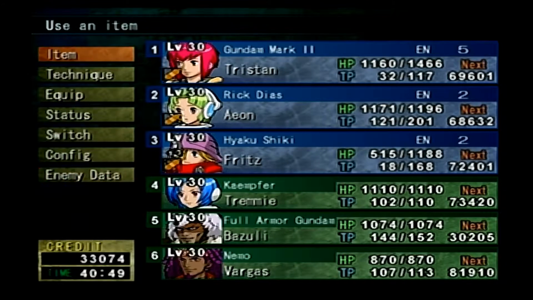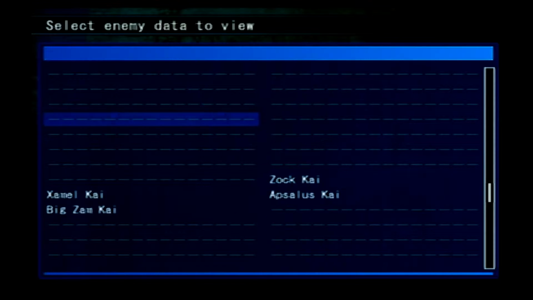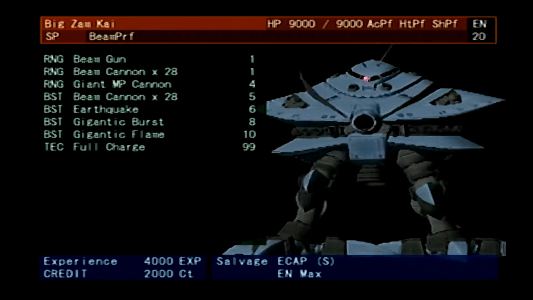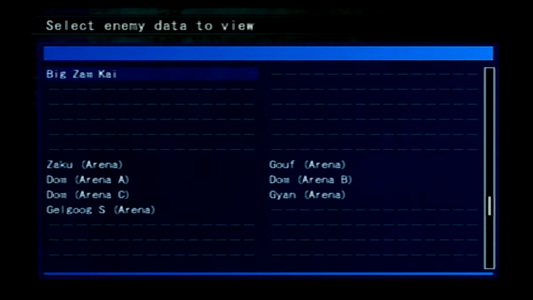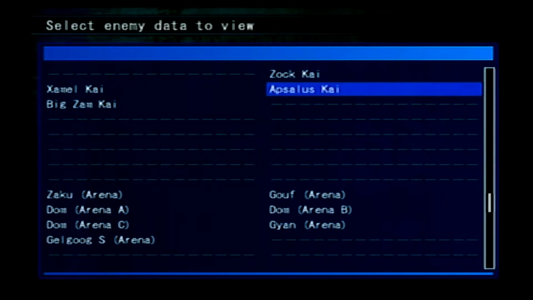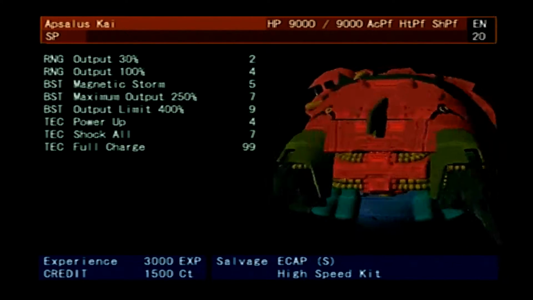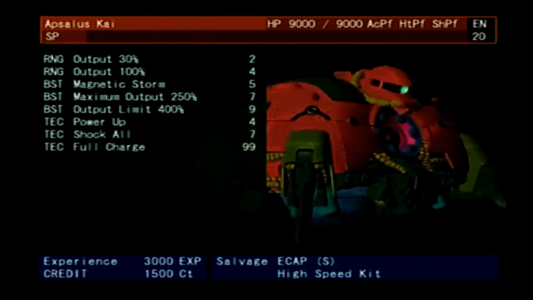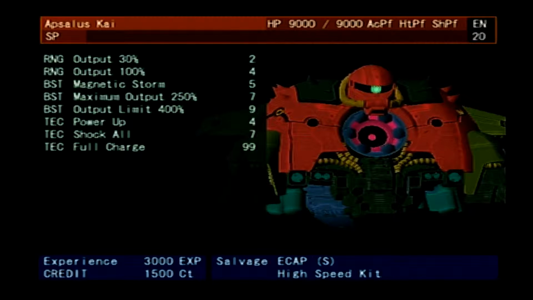I'll show them off here. For the Big Zamkais, I had to get to level 30 for them, but the Absoluses, no, I didn't have to. I was at level like 27 when I did it still. Really all you need to do is to beat the Absolus, put